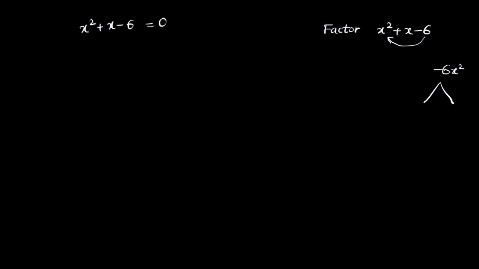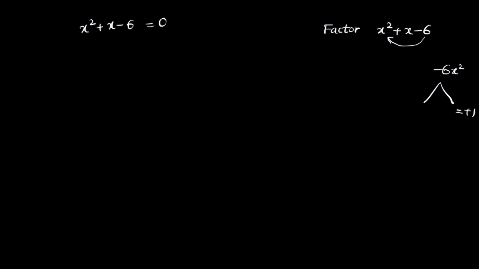So let's take a simple example. Let's say I have the equation x square plus x minus 6 equal to 0. The first thing we do is factor the front part, which is x square plus x minus 6, provided that the other side is always equal to 0. So how do you factor this? Multiply the last part and the first part. That gives you minus 6x square. We have to split it in such a way that we get plus 1.